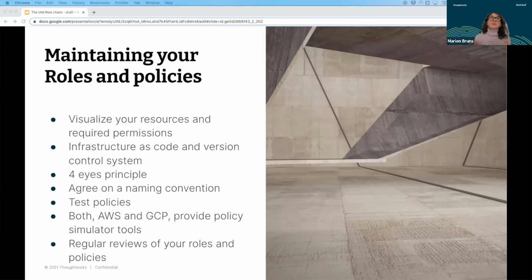Also, you can put some description there. That would be also helpful for all team members coming after you. Both AWS and GCP, Google Cloud Platform, provide a similar policy simulator tool. They are really quite powerful, or at least I'm quite familiar with the AWS one.